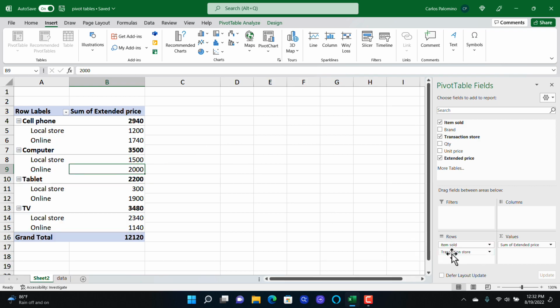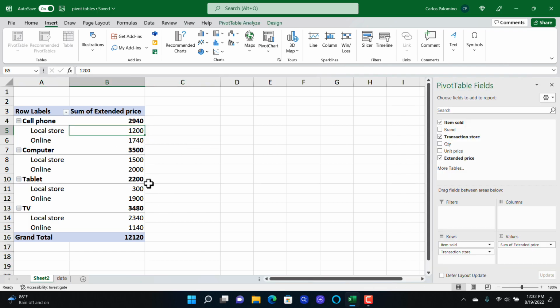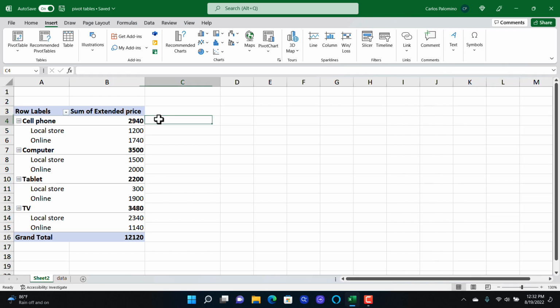Swap the order on the row fields. Now the layout is different. The pivot table is divided by product, and under each product shows how much was sold on each store. Here, it does not display a summary on how much was sold per store. You will need to do an additional operation, adding all local store values to get that number.